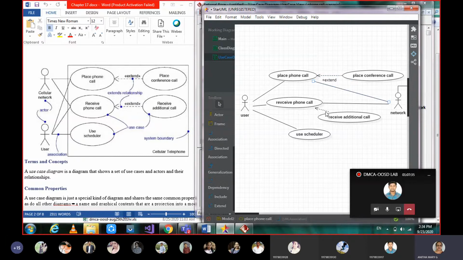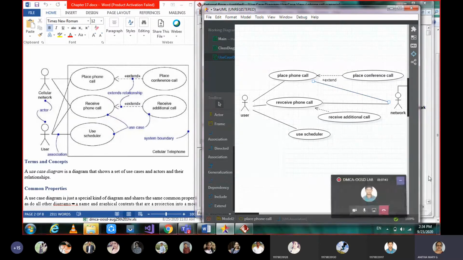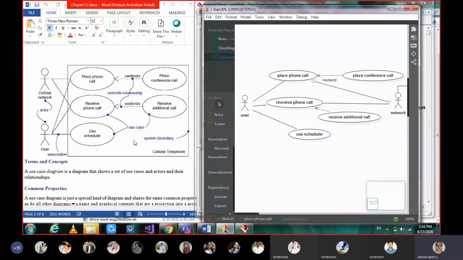Okay, so this is the extend one, and similarly we can give here. And here also there is no choice of giving boundary and all. So this is how we do it for the diagram, whatever we have for the use case diagram. For that we are drawing the use case diagram in StarUML.